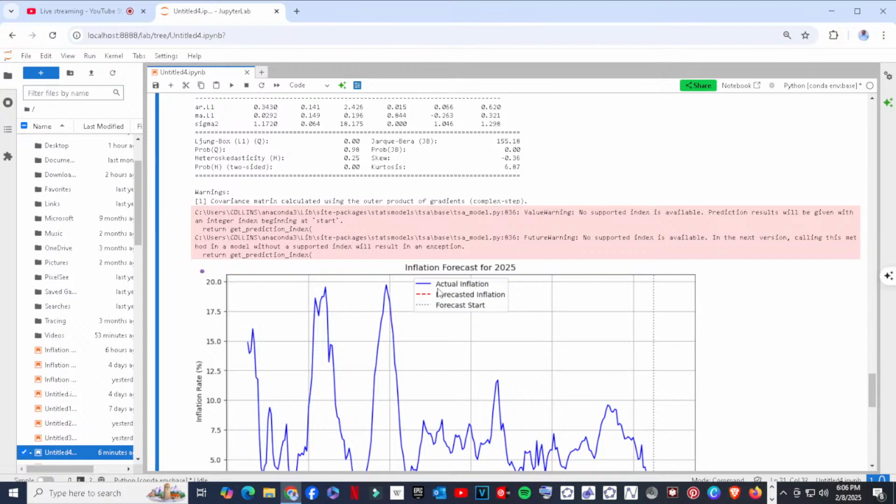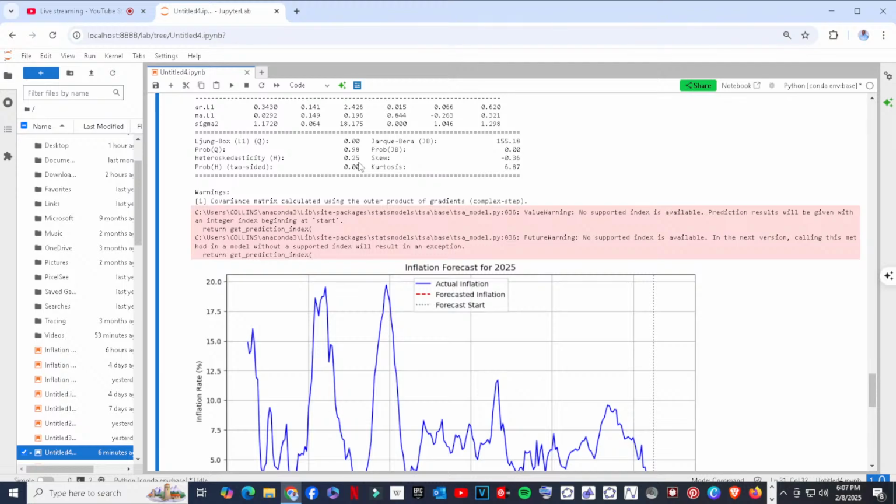And now heteroskedasticity, that's what we have here. We find 0.25 as the value, and the p-value is 0.00. So this indicates non-constant variance. The variance is not constant.